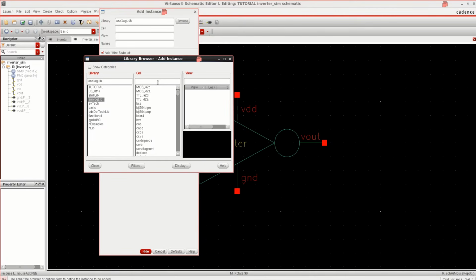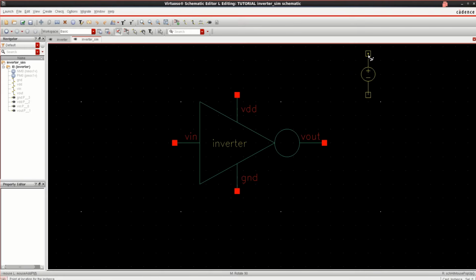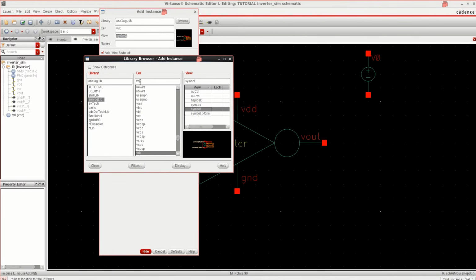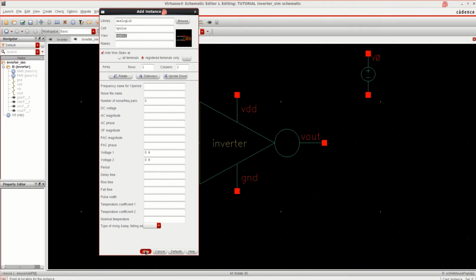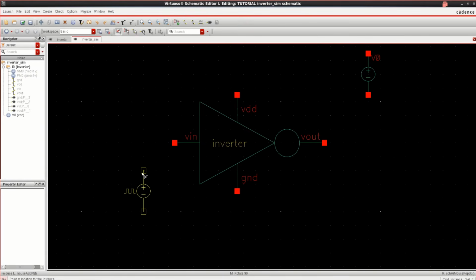Right now I want VDC, which is a DC voltage. I want one DC voltage and one input. For input, I am using the pulse, so I am going to select the V pulse. Close, and keep the pulse here.